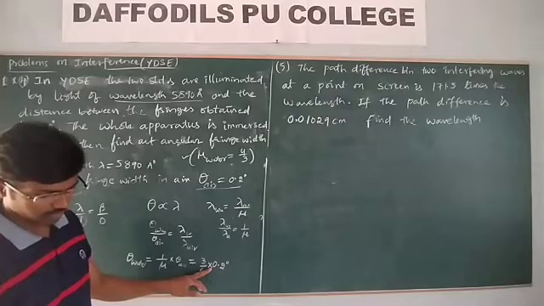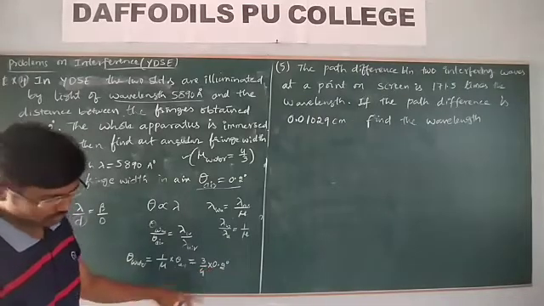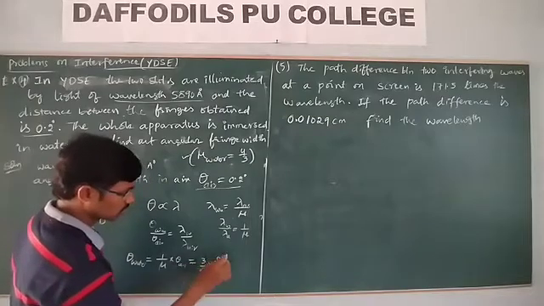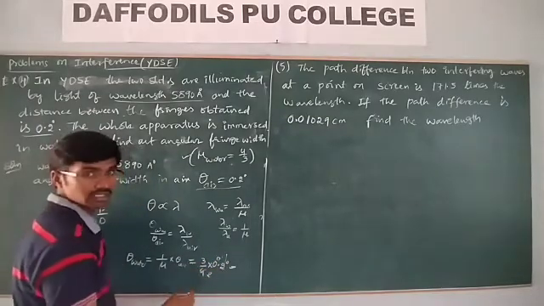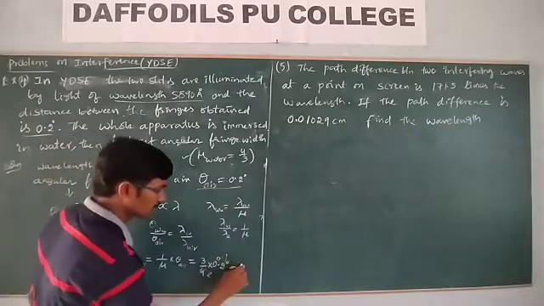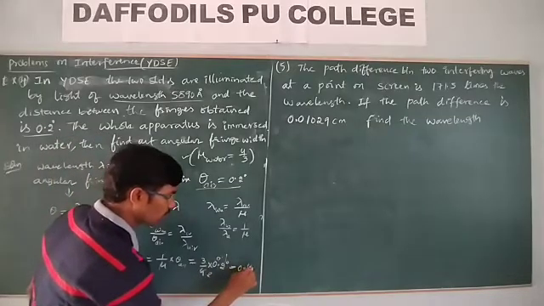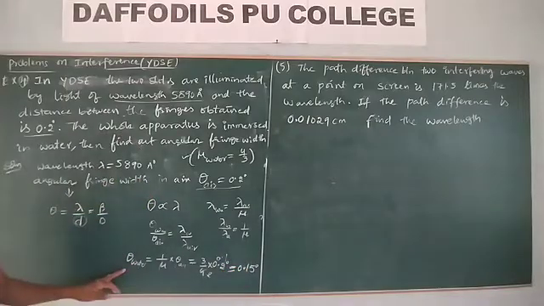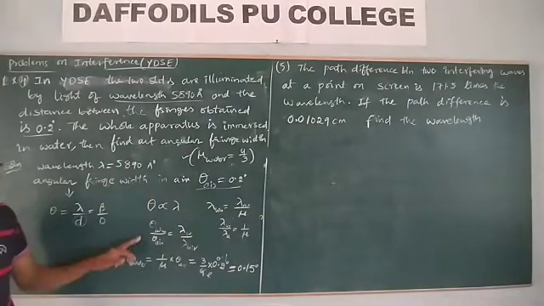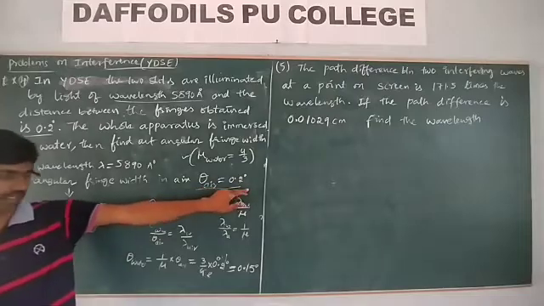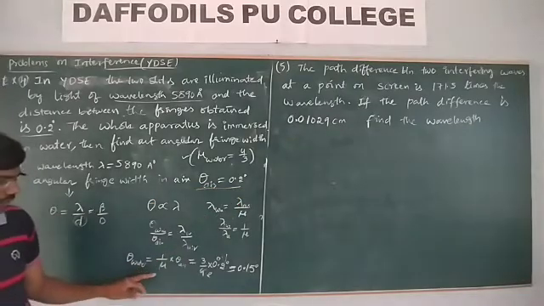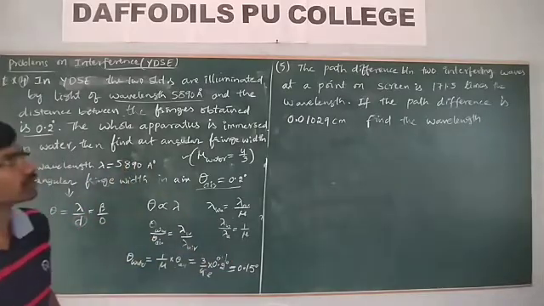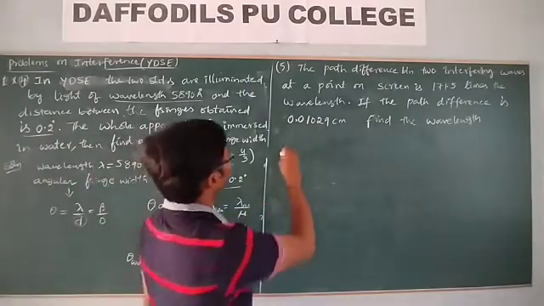0.2 degree. So here it is 3 by 4, which is here 0.1, here 2, that is equal to 3 by 2, which means 1.5 into 10, 0.15 degree. So this is the angular fringe width in water. Angular fringe width in air is 0.2 degree. Angular fringe width in water is 0.15 degree, which is a decrease. Now come to the next one.